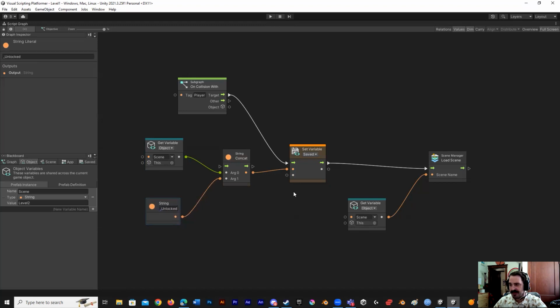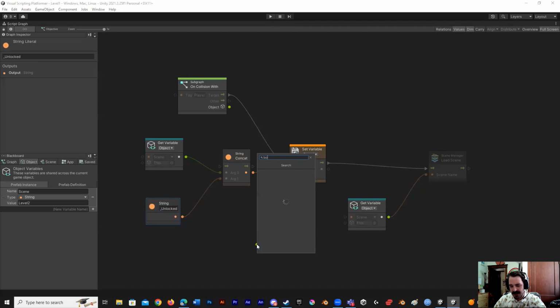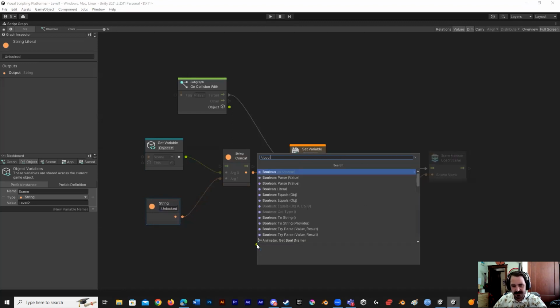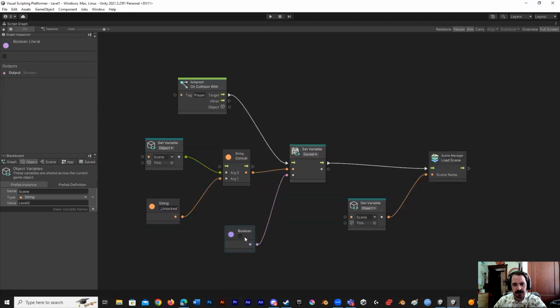There we go. And then for this condition for our set variable, this is going to be a Boolean value, and this is going to be a Boolean literal, and we're going to check this. A Boolean value just means it's a yes or no value. It's a true or false statement. It's checked or unchecked. So essentially what this is saying,